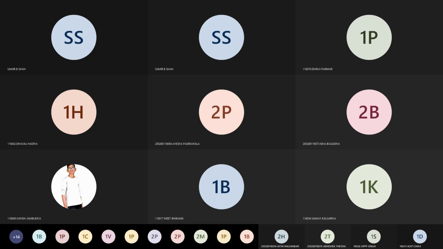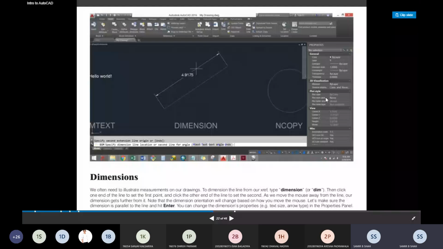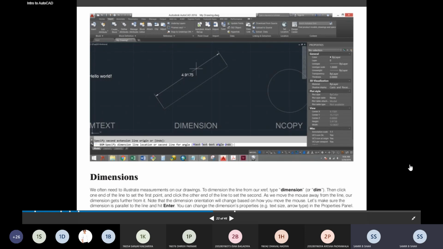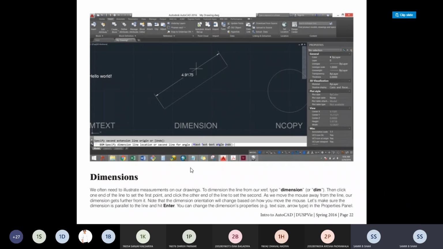Yes. The dimensions are very important whenever we draw or perform any drawing. As you know very well, suppose you draw the circle, suppose you draw the line, then what is the dimension? That is the first question asked by the concerned person. So at that time, you should know how to give the dimension in AutoCAD. The dimension, either we mention the dimension or DIM.